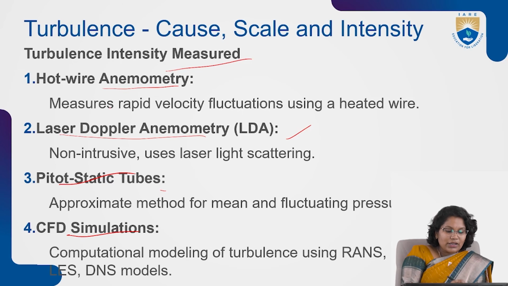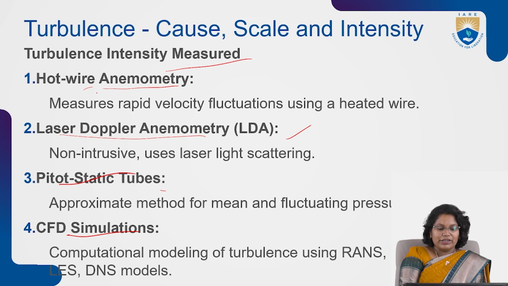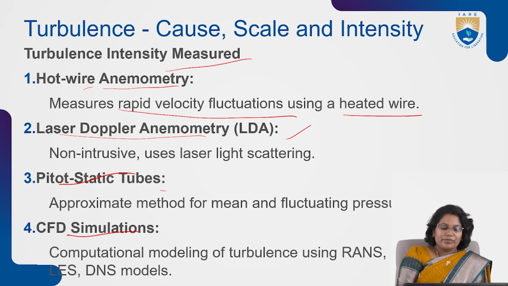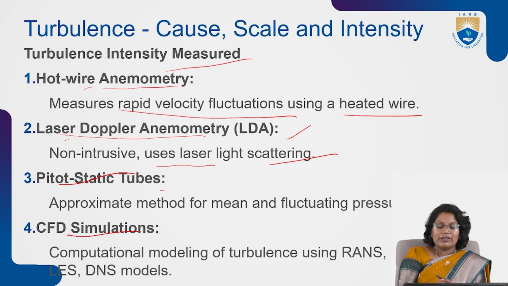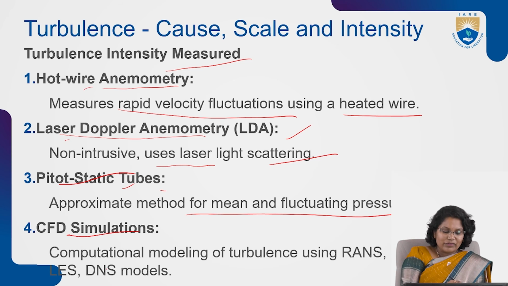So here, the hot wire anemometer measures the rapid velocity fluctuations using a heated wire. And a laser Doppler anemometer is non-intrusive, uses laser light scattering. And pitot static tubes are an approximate method for mean fluctuating pressures. We use this for pitot static tubes. And CFD simulation is